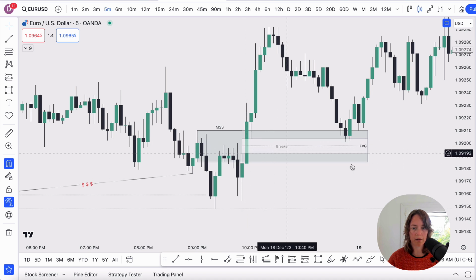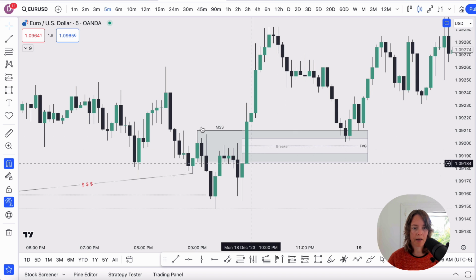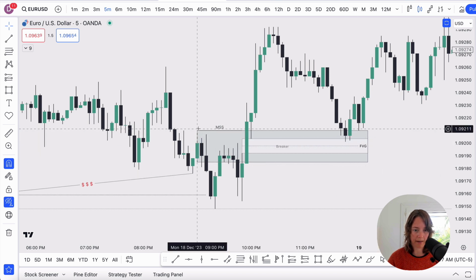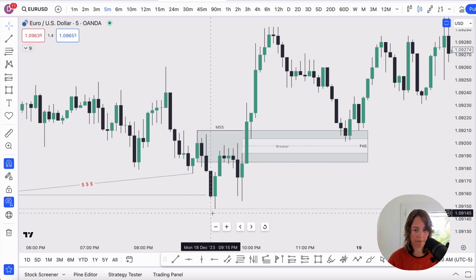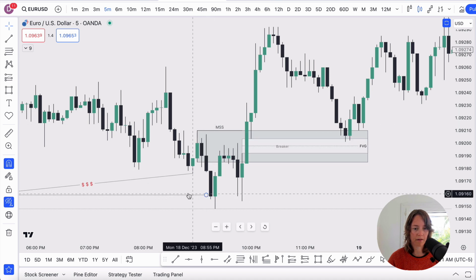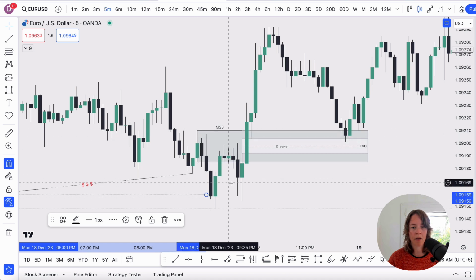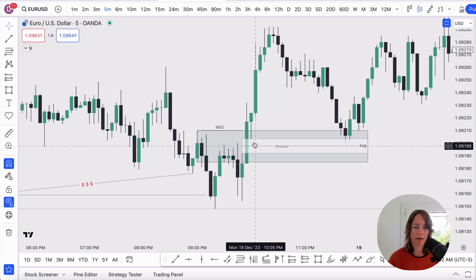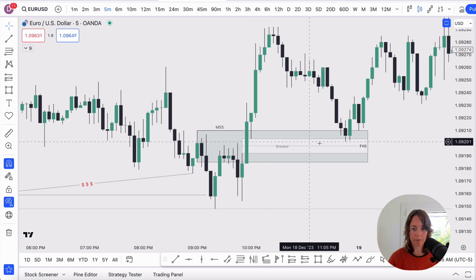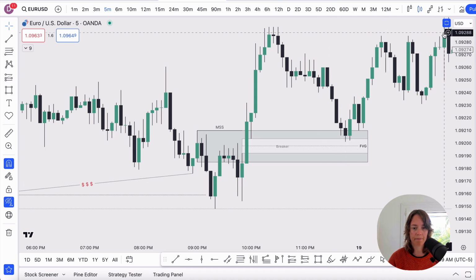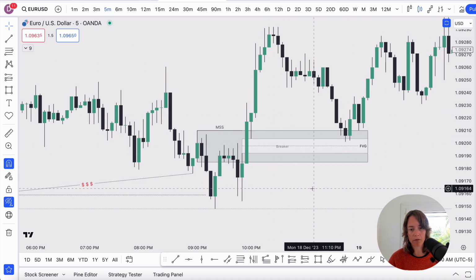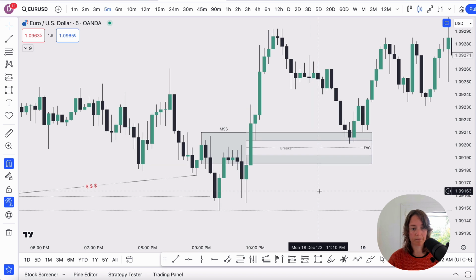So the white box is the fair value gap. And the last up closing candle is the breaker block of the sweep of the liquidity. This was the final up closing candle over here. So this is the breaker block. And then it created a displacement, creating market structure shift. And then price came back right into that fair value gap and took off. So this is the unicorn entry model. However,